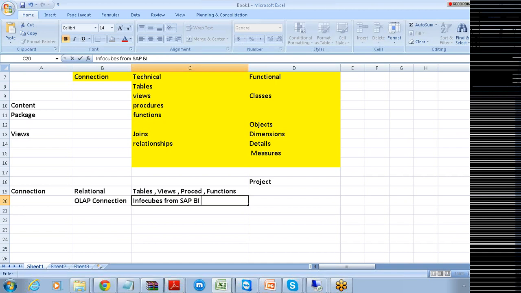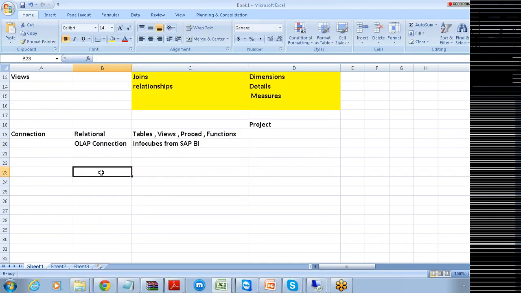Now, one thing you need to understand here is that the connections you create here are of three types. The first type is called a personal connection. The second type of connection is the shared connection. The third type of connection you create is the secured connection. I'll tell you the purpose of all these connections very shortly. Okay, but see here.